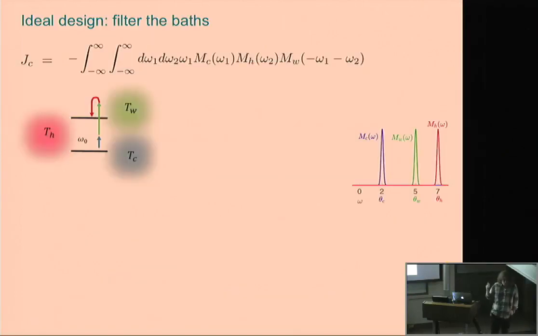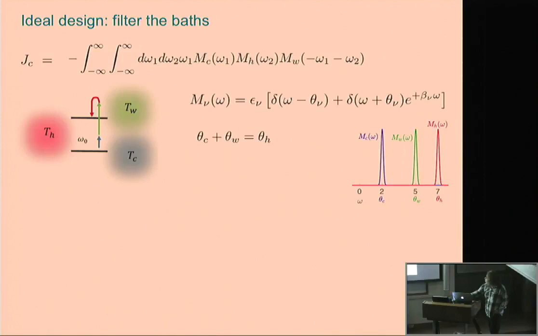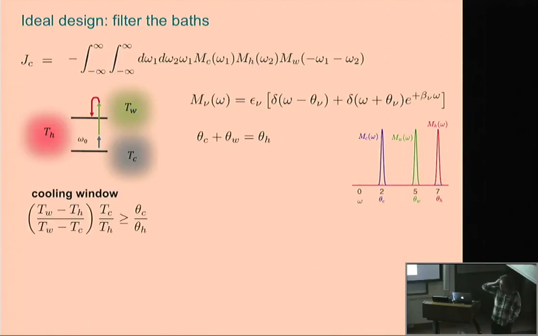So from here, that's a general expression. We can do simulations, but we can also try to derive some analytical results. And indeed, in the extreme limit, where these functions are filtered so as to have a single component or narrow functions, you can actually solve it and get what I mentioned before. The cooling window is precisely what you receive for the weak coupling, only that now these are frequencies of the reservoir, characteristic frequencies for the reservoirs rather than energies of the subsystem.